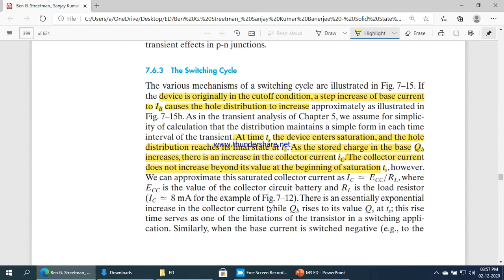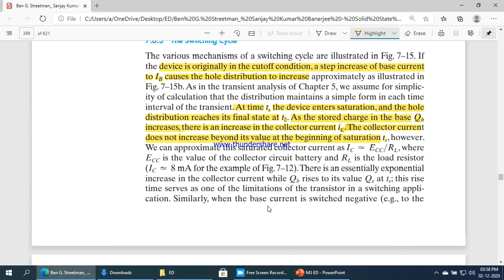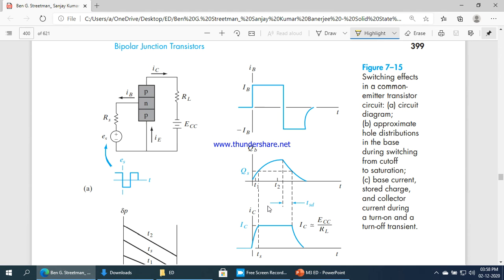Now the switching cycle. The switching between the on and off states, from cutoff region to saturation region and saturation to cutoff region, won't take place immediately. There is some time delay because of the charge carriers present in the junction, which have to decay slowly. The time required for that delay we call the switching specification. That is a switching cycle.